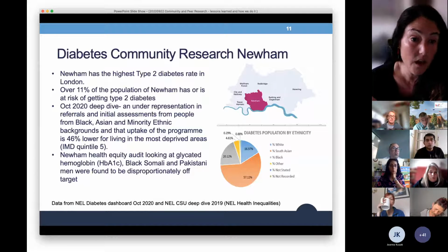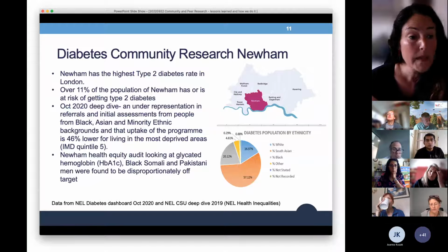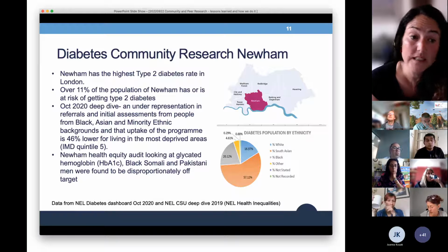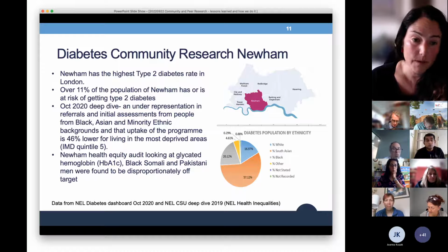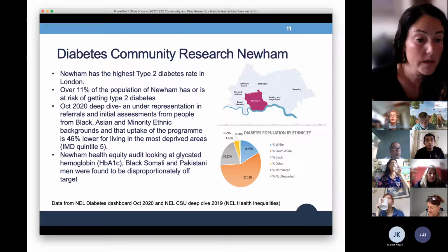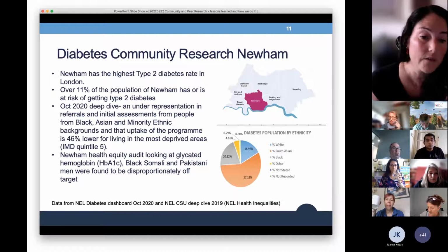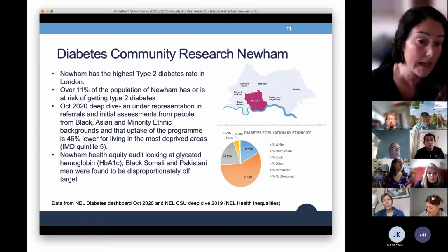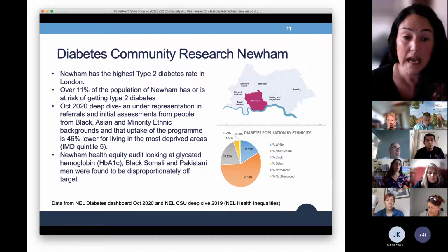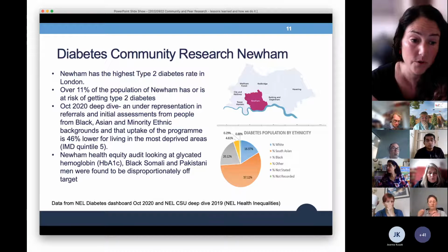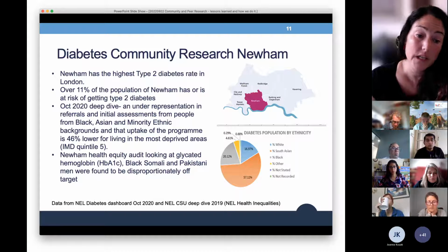Newham has the highest type 2 diabetes rate in London. We know that over 11% of our population has or is at risk of getting type 2 diabetes. This knowledge from public health has helped to drive this community research project. In October 2020, a deep dive found that there was an underrepresentation of referrals and initial assessments from people from Black, Asian and minority ethnic backgrounds, and a much lower uptake of programs, weight management and diabetes prevention programs, for people living in the most deprived